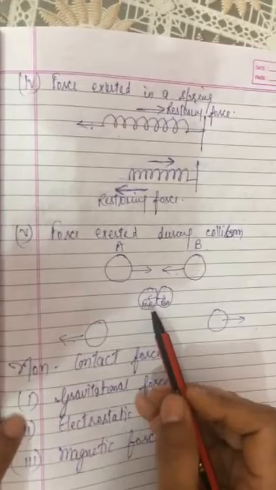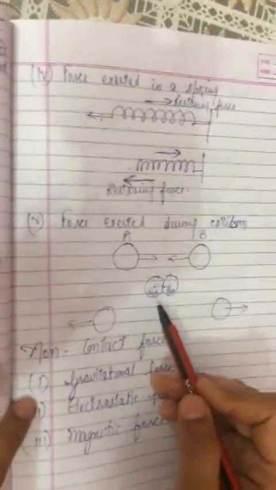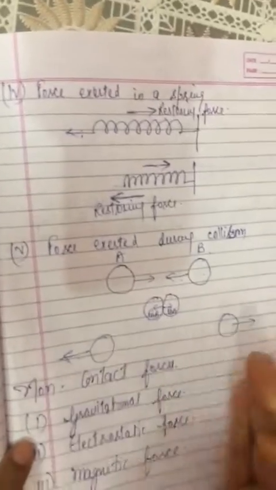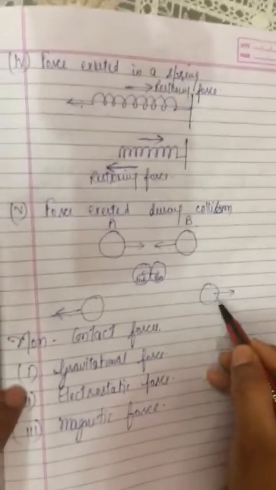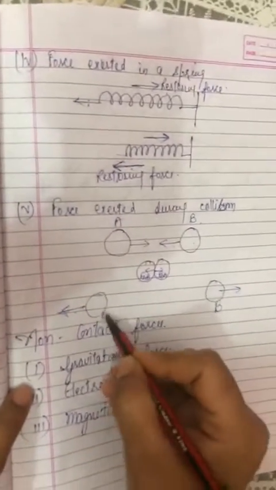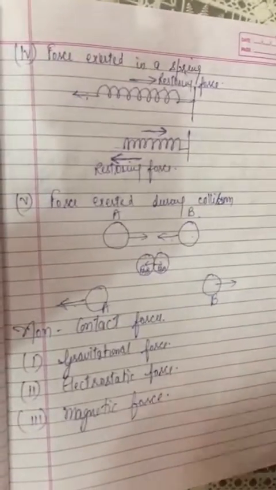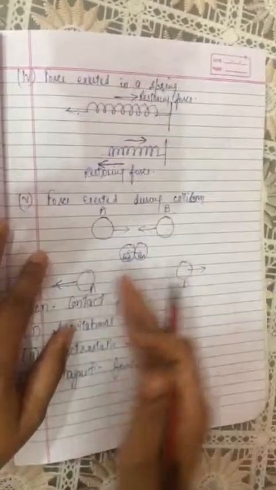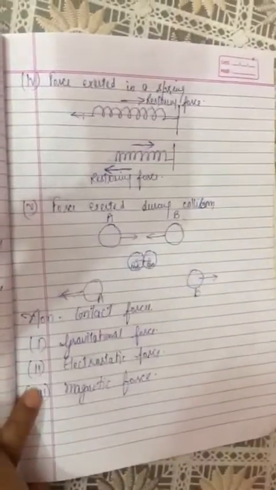So what will happen? Due to this force FAB on A, this ball will move apart, and similarly this ball B will also move apart. So it means both balls are applying forces on each other. So these all are the examples of the